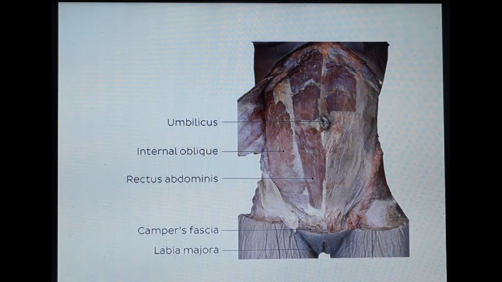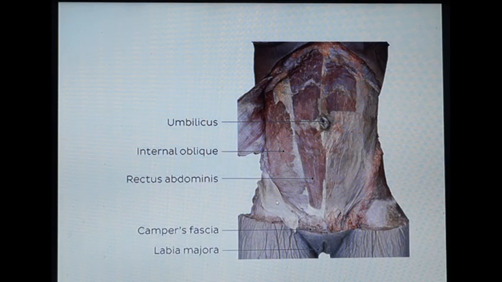This is also a dissected cadaver showing the anterior abdominal wall, and here we can see the umbilicus. On either side of the umbilicus, the muscle present is rectus abdominis. Lateral to the rectus abdominis, after reflecting the external oblique muscle, here the internal oblique muscle is seen. Internal oblique muscle gets origin posteriorly from the thoracolumbar fascia, and anterolaterally it gets origin from the iliac crest, that is from the intermediate area of the anterior 2/3 of the iliac crest,